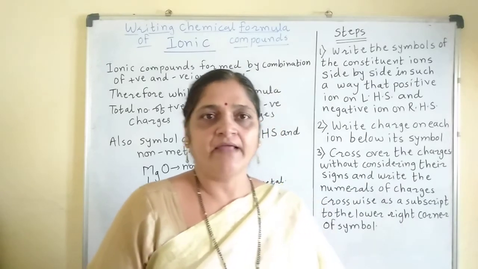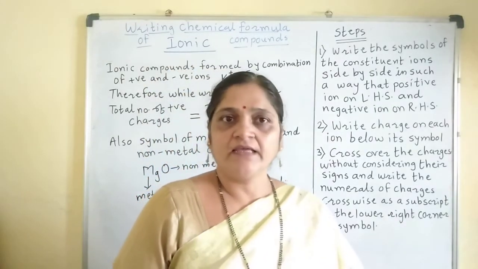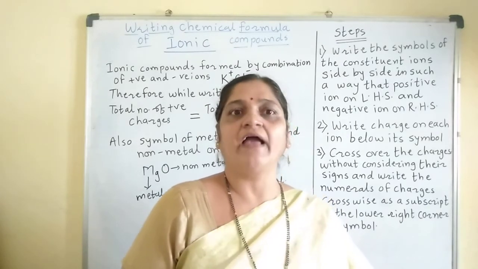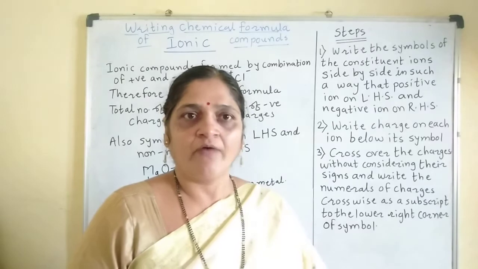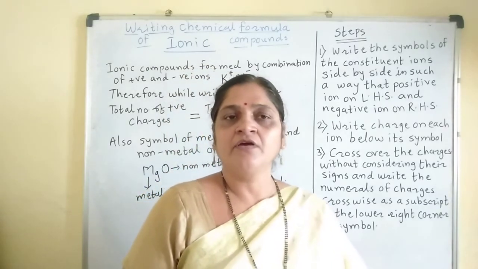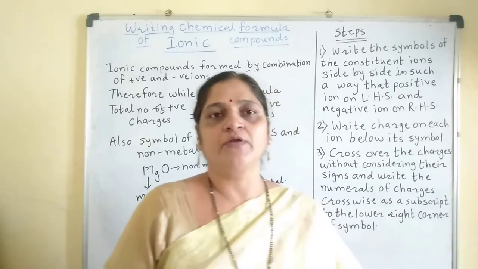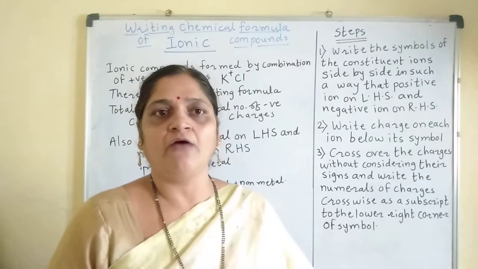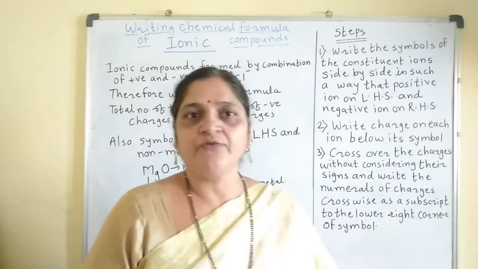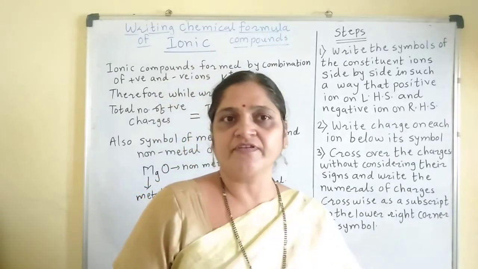We know that every atom is trying to achieve octet configuration. Generally, metal atoms have a tendency to lose electrons in order to achieve octet configuration, while non-metal atoms have a tendency to gain electrons. If we consider the example of sodium metal, it has one electron in its valence shell. It will lose that electron and produce a positive sodium ion, that is, a sodium ion carrying one positive charge.